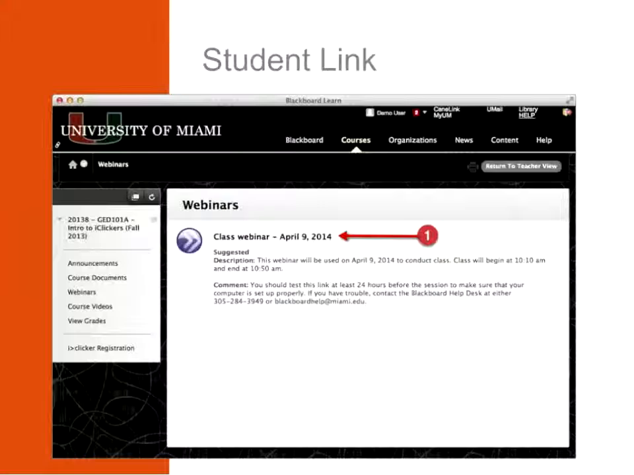This is what the students will see. I'm now in student view. You can see I've got a return to teacher view up here, so I clicked on the student view. I no longer have a control panel down at the bottom of my menus, and I no longer have that plus because the students can't change your menu on you. But I do have the webinars link, and I clicked on that and came into this class webinar. And remember, this is the title that I gave it. This is really just the class